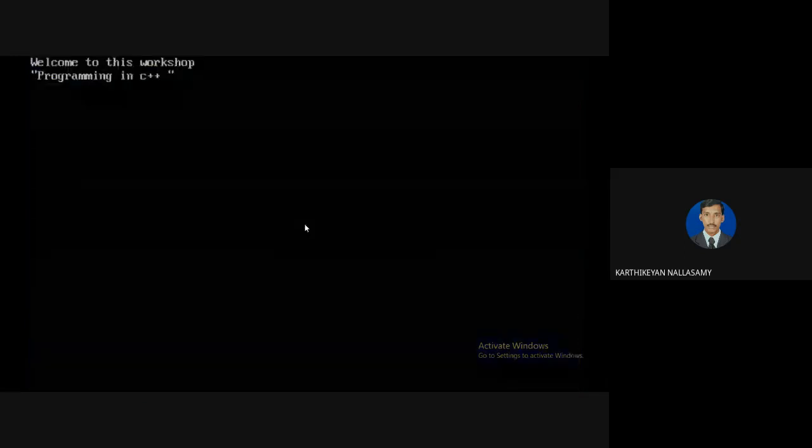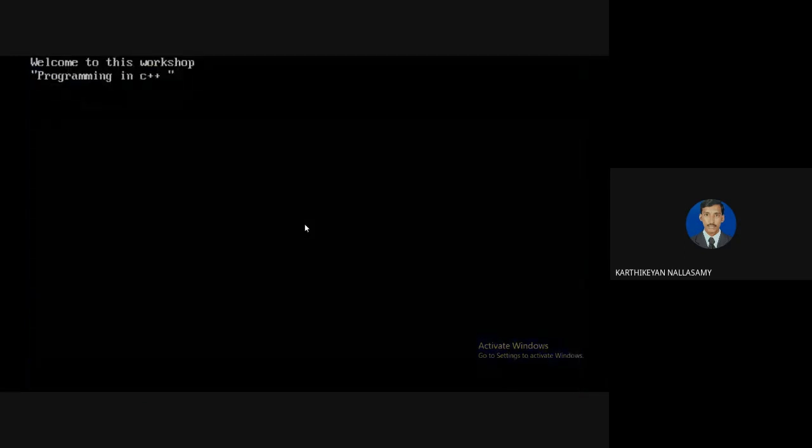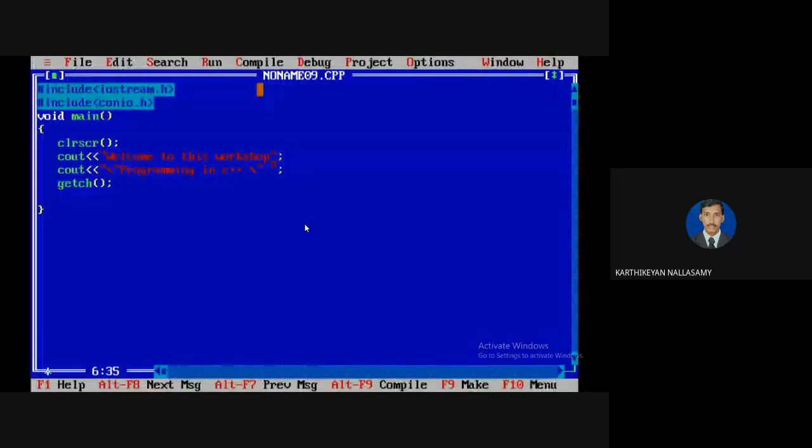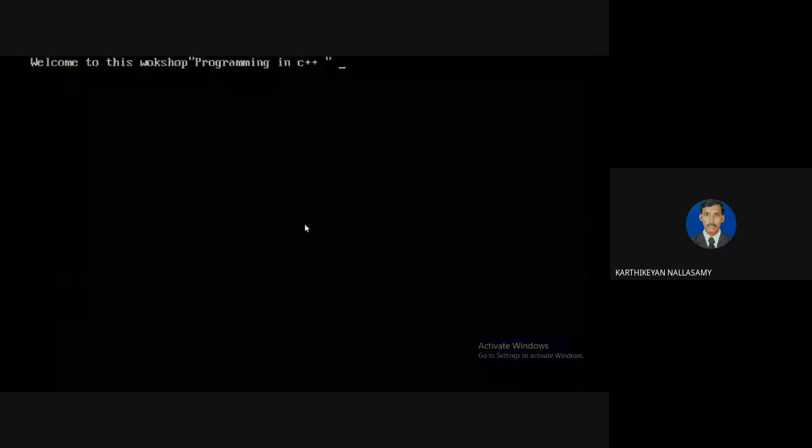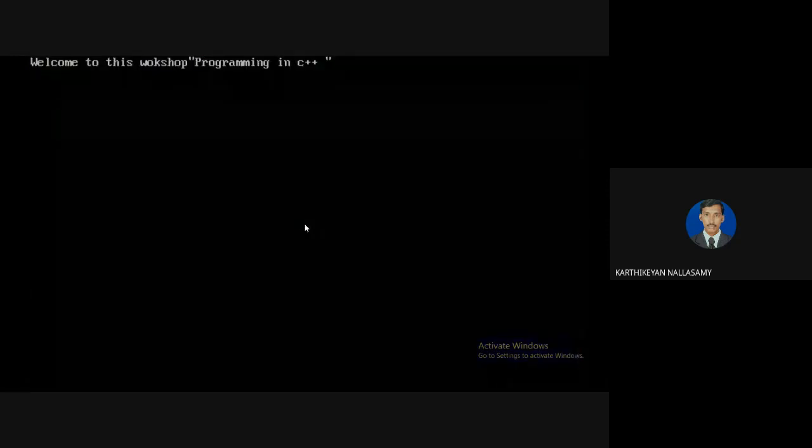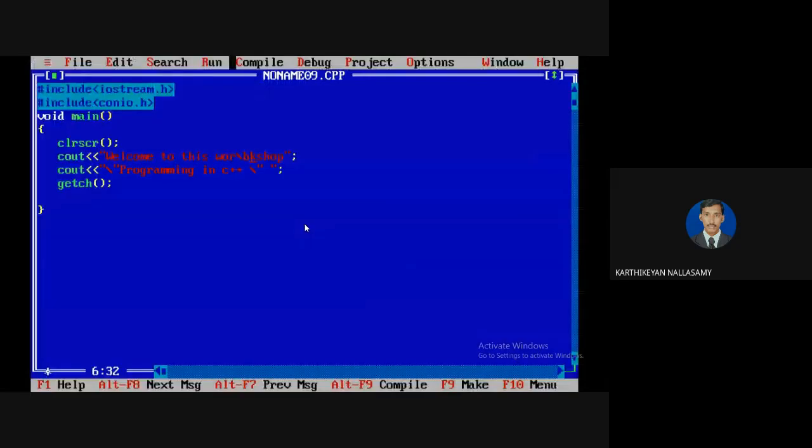Once it is executed, automatically it comes out to the next line. Then see that I'm including slash B here. In the workshop, the R will be deleted. So the purpose is, if you are using slash B, it means the backspace will be applied, so the character is automatically deleted. Okay, now I'm using a slash R here.